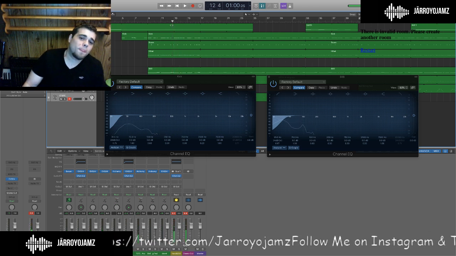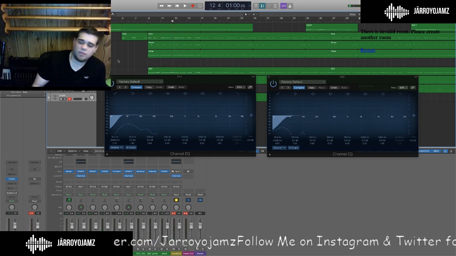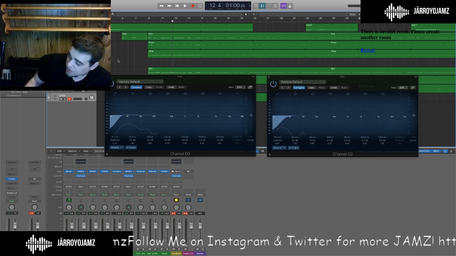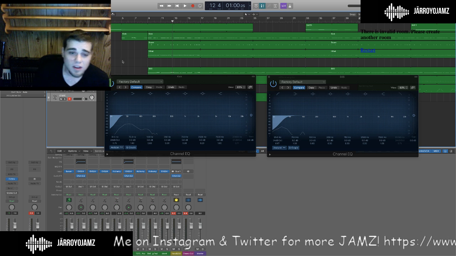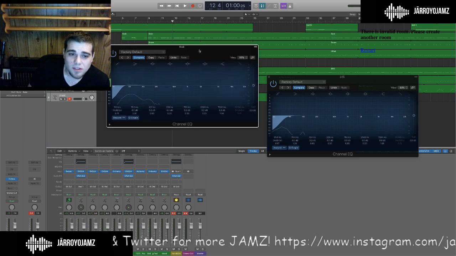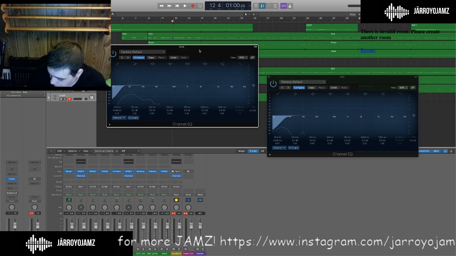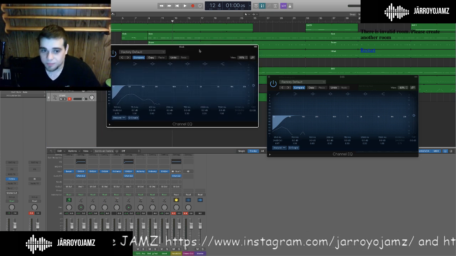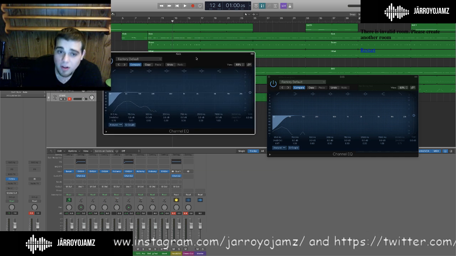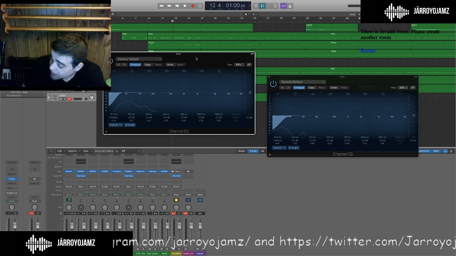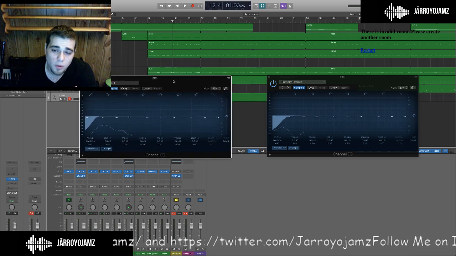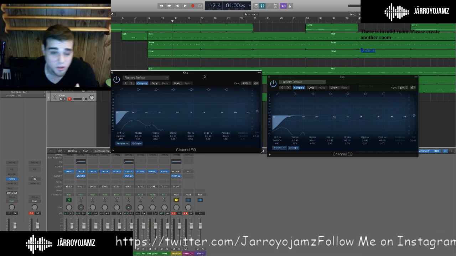Another tip that I've heard that I really kind of agree with, since I've put it into practice myself, is don't solo your tracks. Sometimes there is the occasional occurrence where you should, but for the most part, you shouldn't solo your tracks so you can see exactly where what you're working with is fitting into the track.